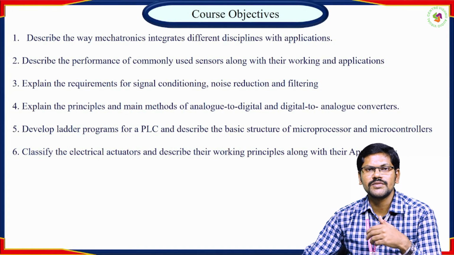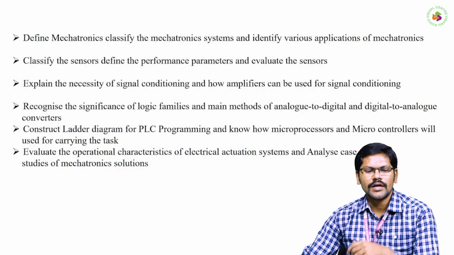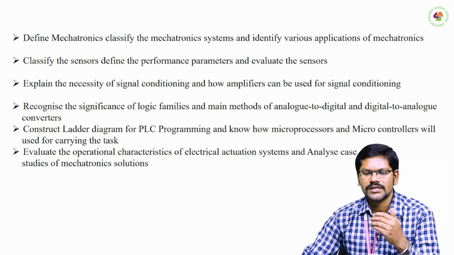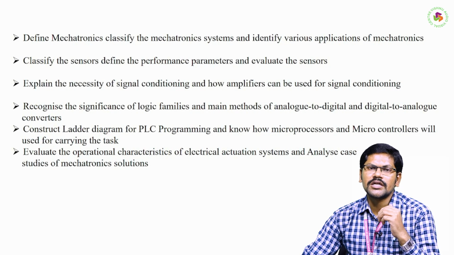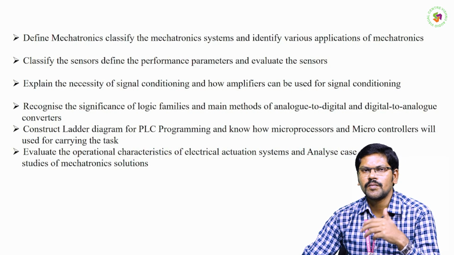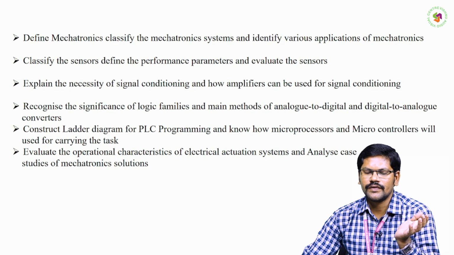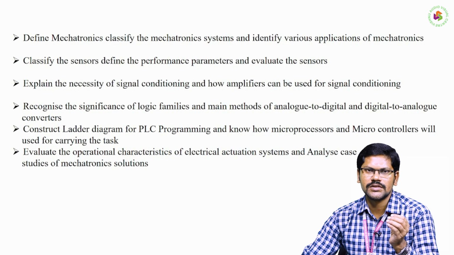So these are the course objectives for mechatronics. At the end of the course, there will be different course outcomes. As I mentioned earlier, the first unit will describe the various components and elements of a mechatronic system. Finally, they will know what the various elements present in the mechatronic system are, with some application-oriented examples, such as